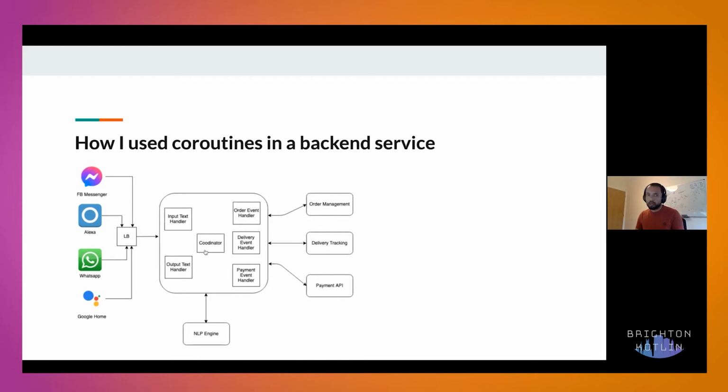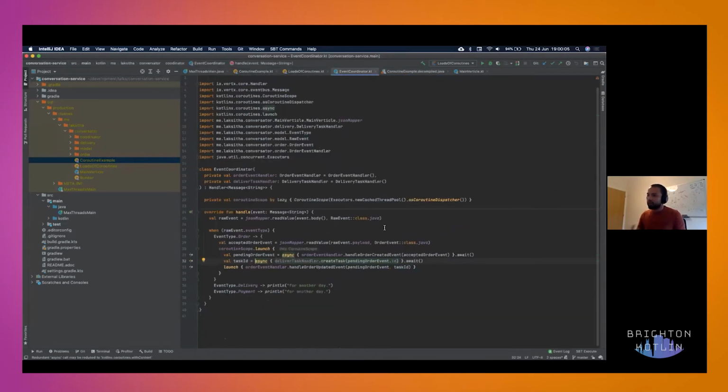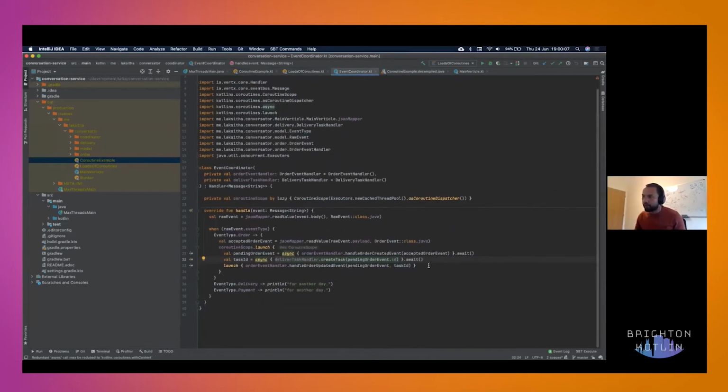So I'm going to show you the code here, and you can see a simplified version of the event coordinator. For example, let's say we got a call from the order management system because the user asked for order status or something. When you get this order event, we look at what the status is.